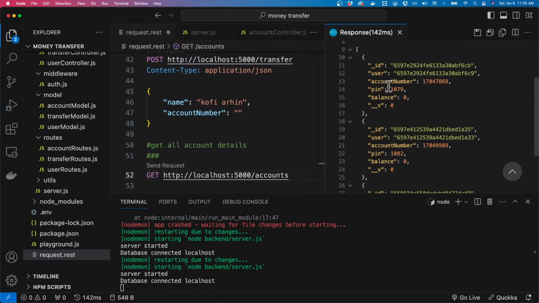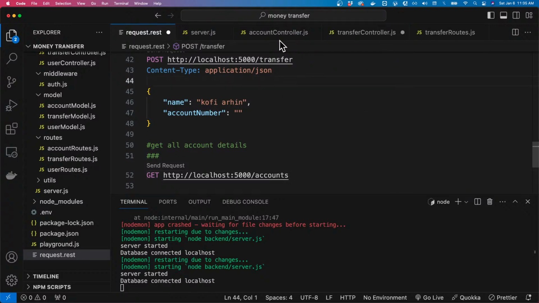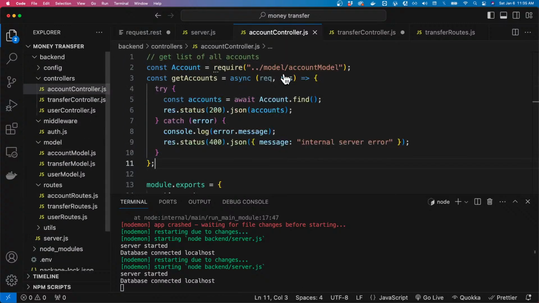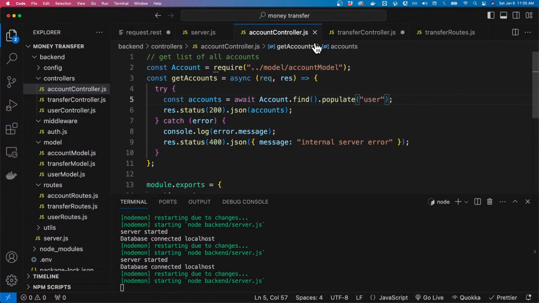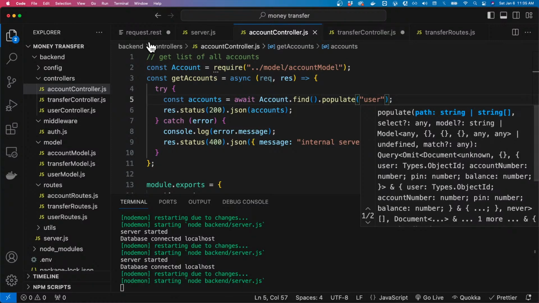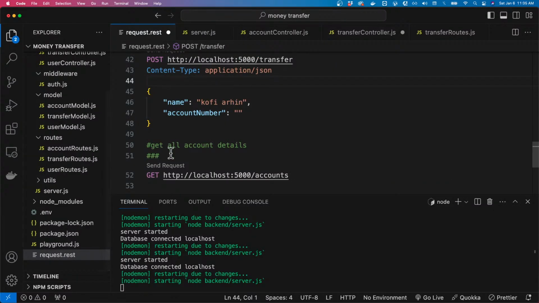So this gives us the list of accounts that we have, but we can also do a join in the account controller by saying that we want to populate the user type. So let's send,